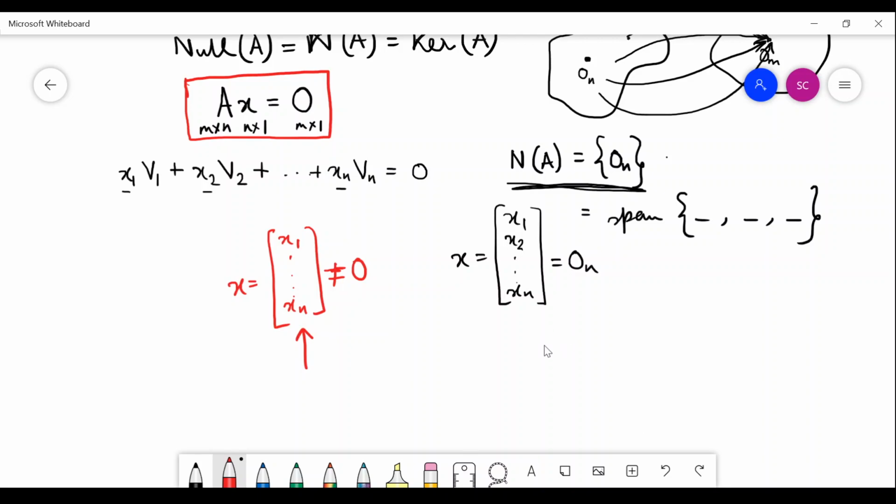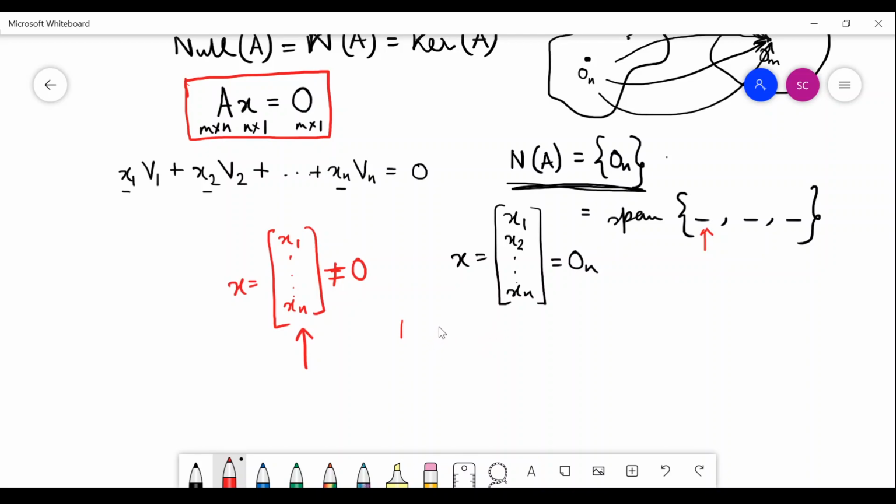x, it may be only one. It might so happen that after doing the column operation you have only one of the top columns 0, then only one particular vector you will get which will satisfy this equation. So your null space will be a span of only one vector.